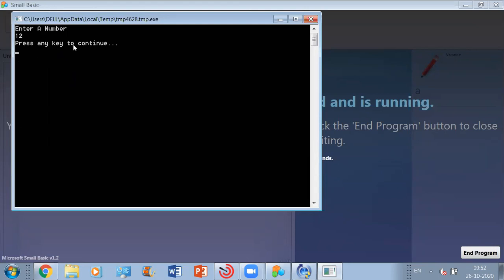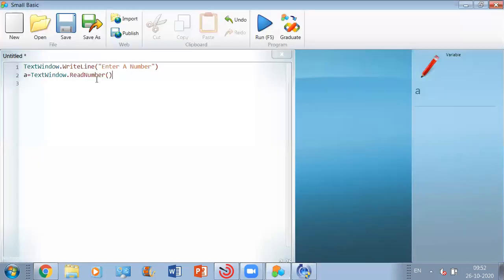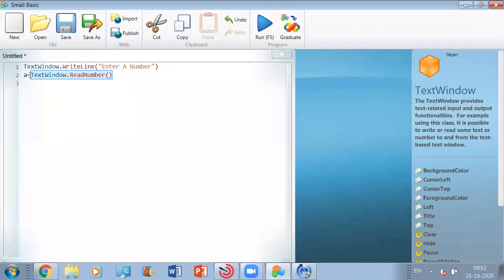Press any key to continue. अभी क्या लिखा हुआ आ रहा है? Press any key to continue. So what has actually happened, let me just tell you that. सो एंटर अ नंबर देखते ही हम लोगों ने पहले एक नंबर एंटर कर दिया। Now after entering the number, when we press that enter key, what happened? Just because of this line of code that we have written here, that 12 that we